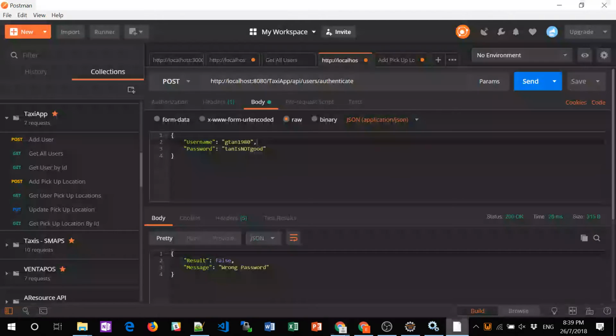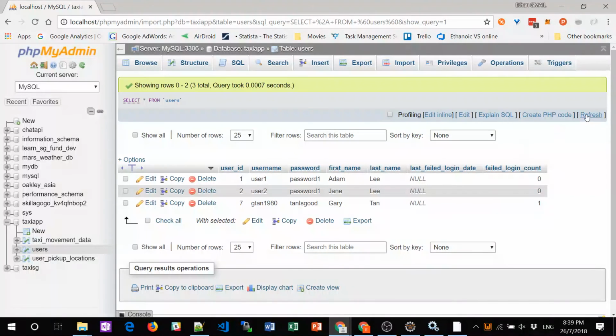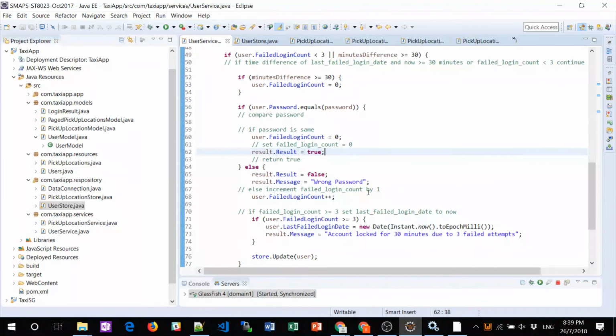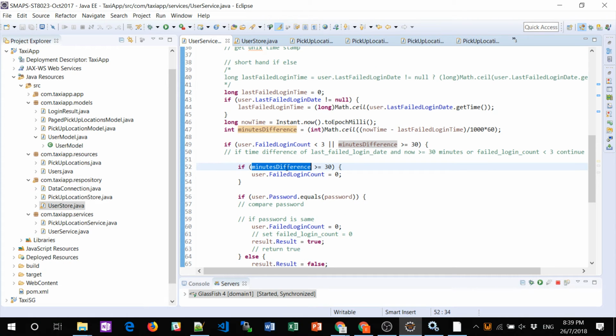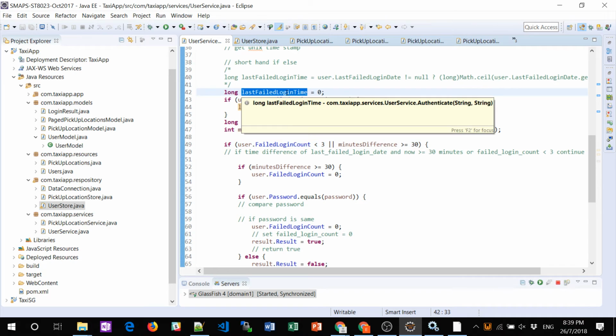Okay, one. Still one. Because this one keeps on running, right? Then plus one. So this one always runs because this one is always true. Okay, minus difference more than 30 is always true because